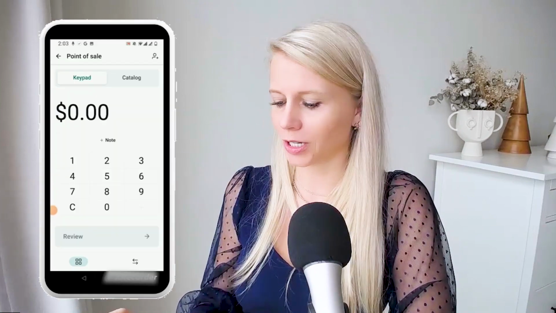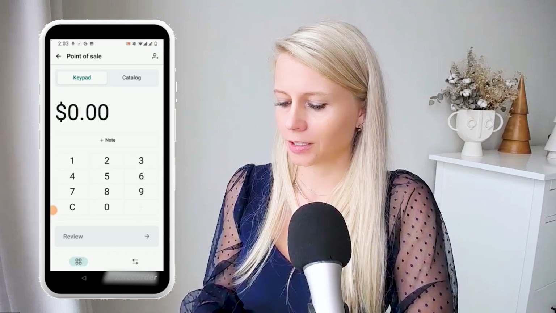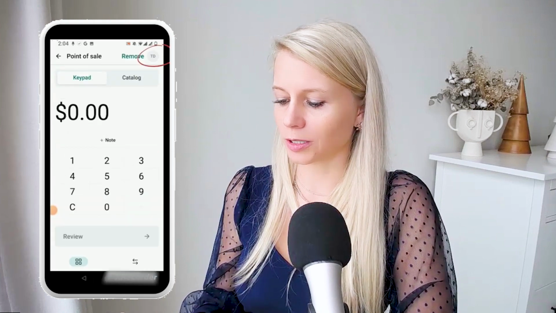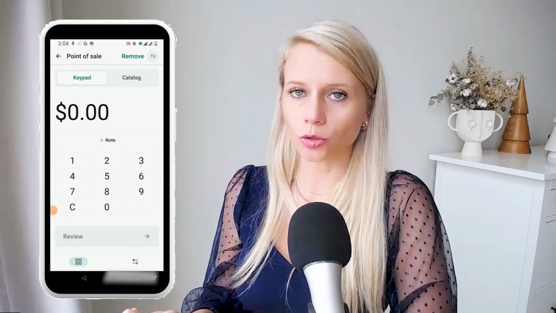This other cool thing is that you can already connect your existing customers or leads within your database. So that means the tracking is on point as well. So when you go later back to your CRM, all of these sales will be stored within the database of that particular contact. Also, another option where you can add the contact is at the top right, this little icon here. Select your contact, then you will see the contact popping up as TD, but you can also remove it again by clicking remove. Should you decide not to link a contact or that contact is not in your database just yet, the transaction will automatically be linked to